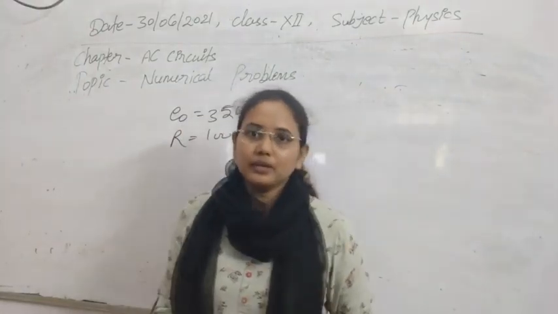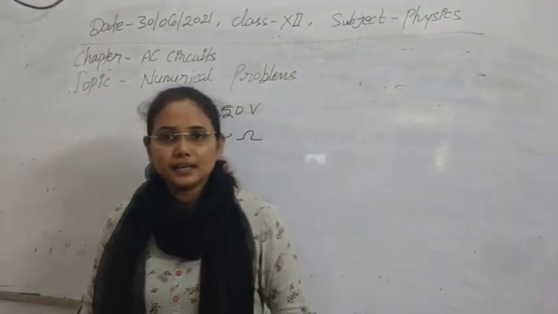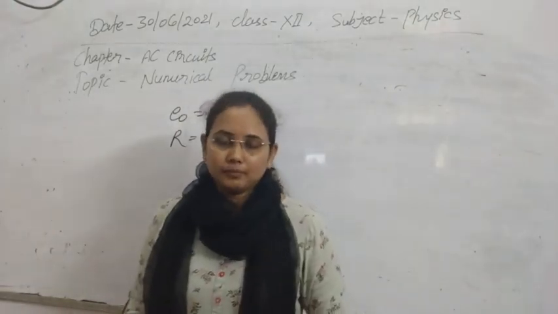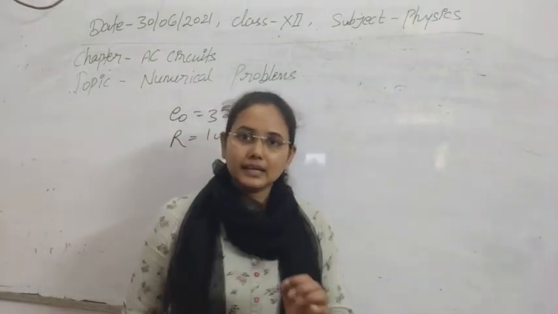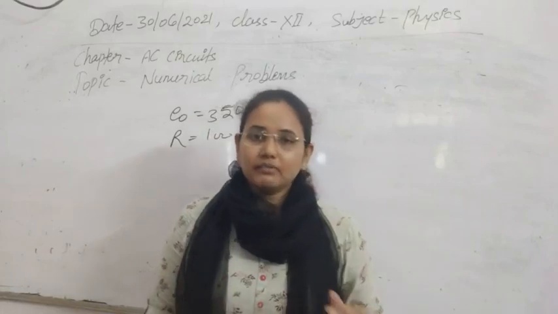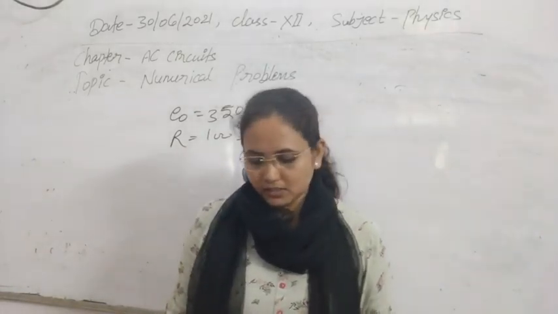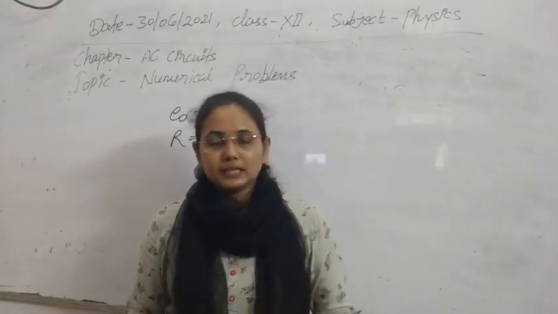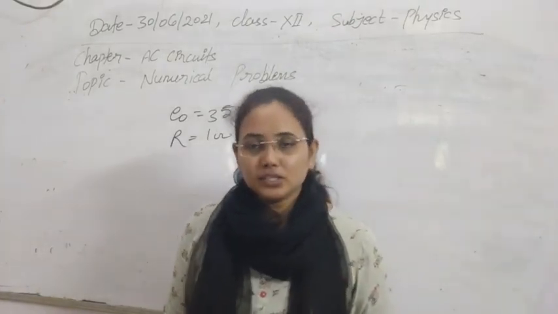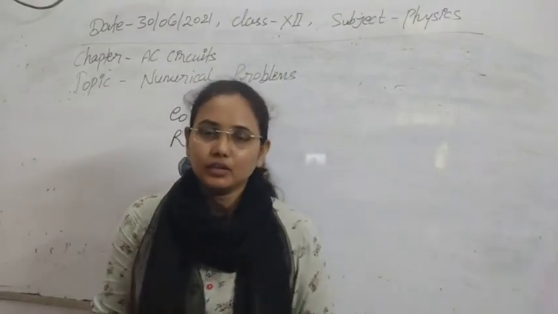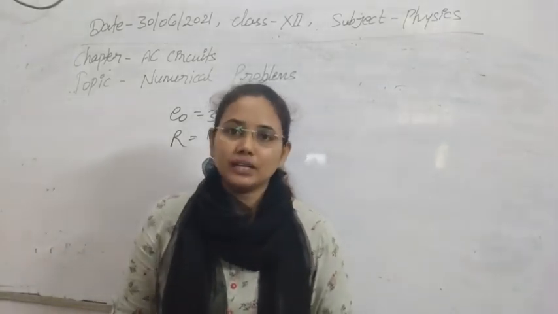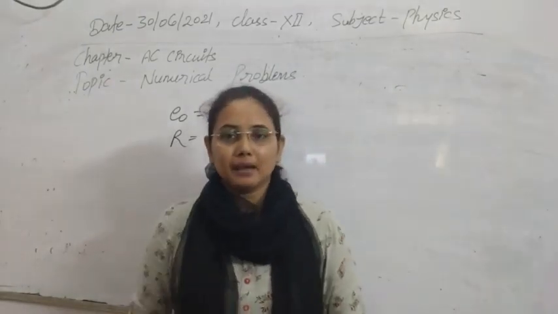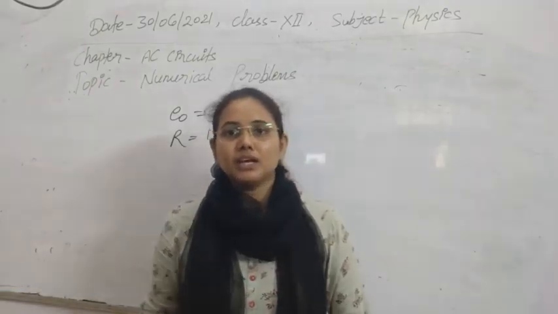As I told you here, for measurement of AC current and voltages, we design the ammeter and voltmeter based on the Joule's heating effect, because AC current is dependent on the direction. So whenever we are using the heating effect, we need the RMS value of the current and voltages. So the ammeter and voltmeter that we use to measure alternating current and voltages always measure the RMS value of the current and voltage. So whenever we have to find the value read by the ammeter or voltmeter, we have to find the RMS value of the current here.